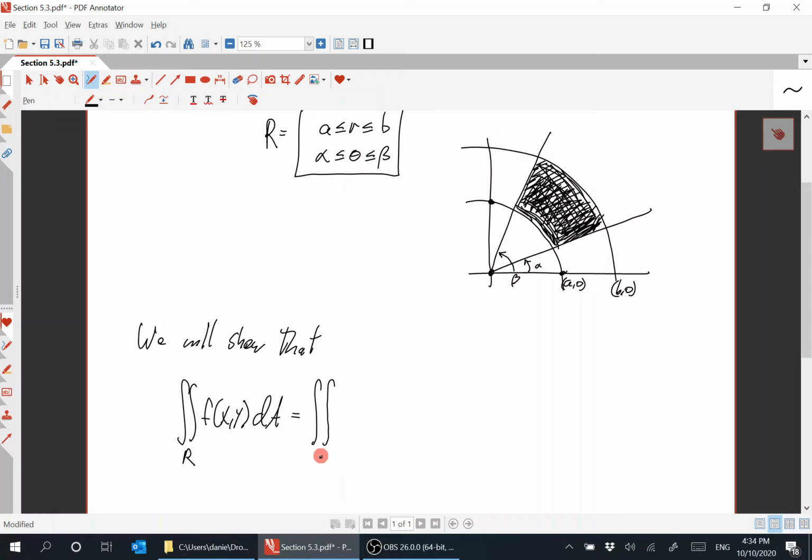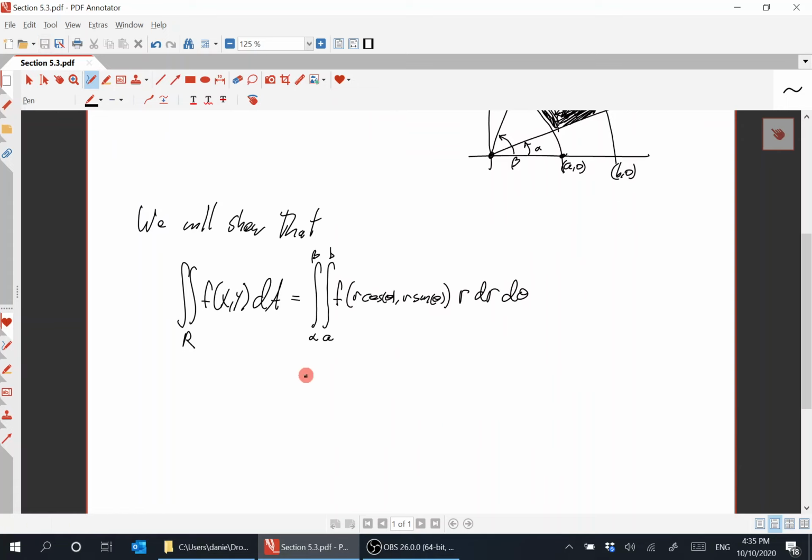So it is the integral from a to b and then alpha to beta of f, where x is r cosine theta, y is r sine theta, and then the dA becomes r d theta in this case. So the inner integral is with regard to r, and the outer integral is with regard to theta. And then there's this correction factor of r,